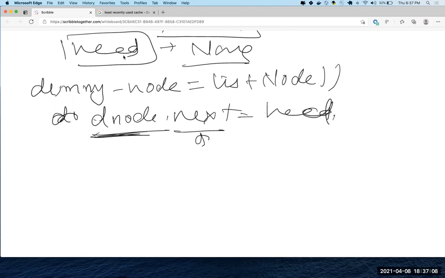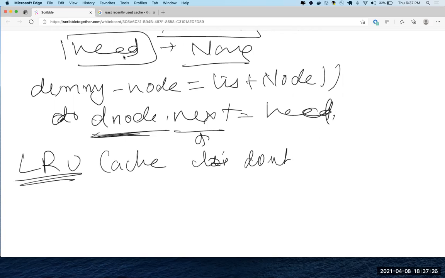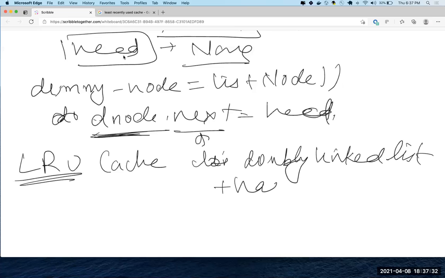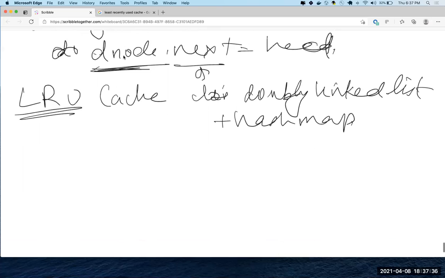So this is a very important property. And now I'm also assuming that you guys have done LRU a lot of times, right? Who has not done LRU before, or LRU cache using a linked list, using a doubly linked list? Yeah, I have not done, but I'll plan to do it. That's a hash map. So we can go over this if people want.